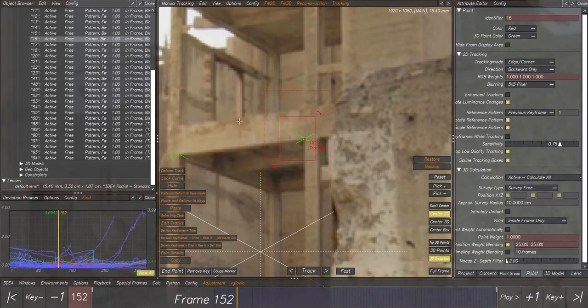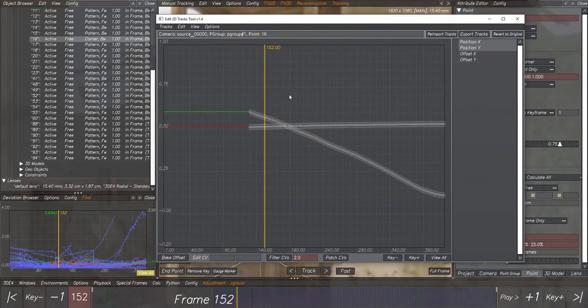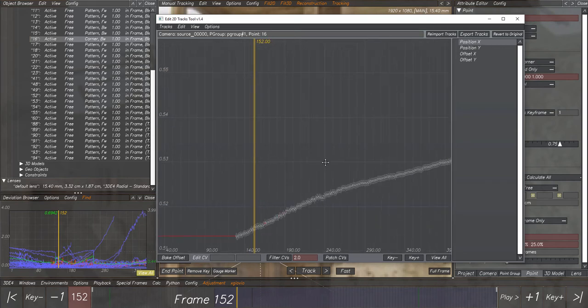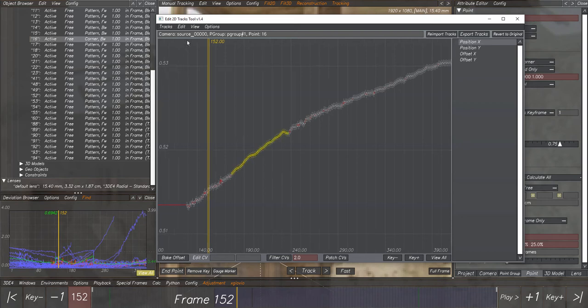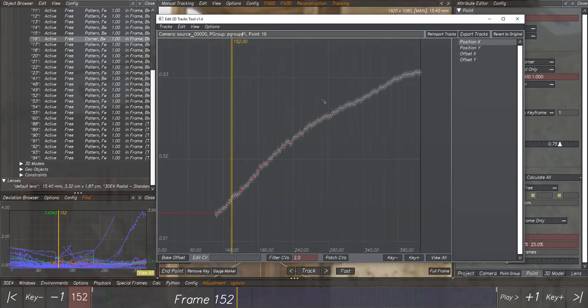We should apply the filter on all of them. Or, for example, we can open Edit Tracks, another script provided by 3DEqualizer, and here we have the two tracks, position X and Y. If we select position X, we can see that it's shaky. We select, filter, click, and bam, we can filter these curves. We can also revert to original, but we don't have control over how to